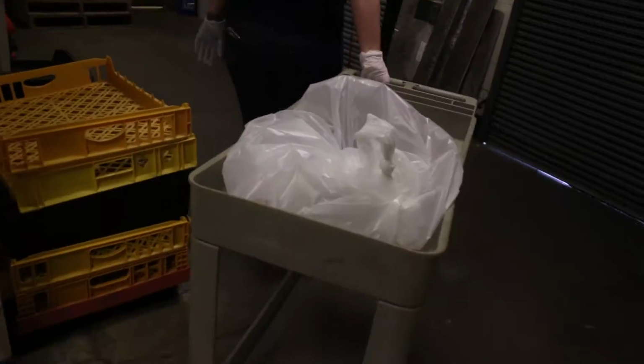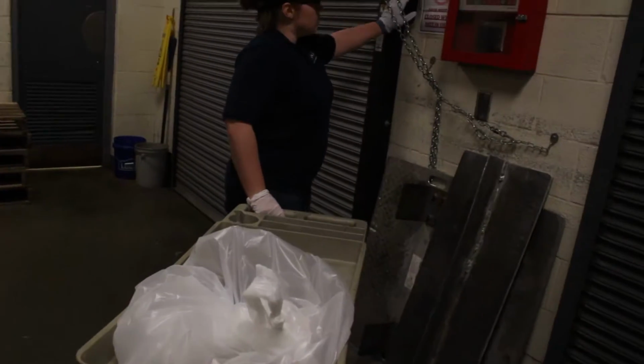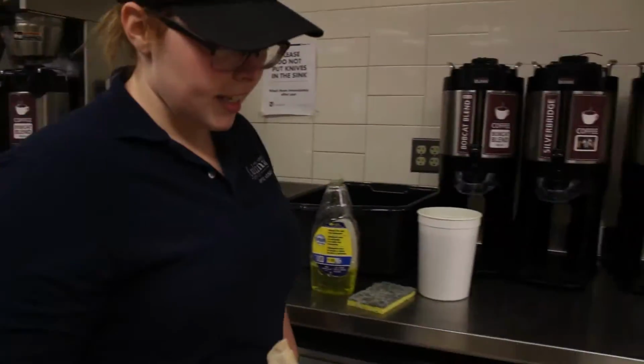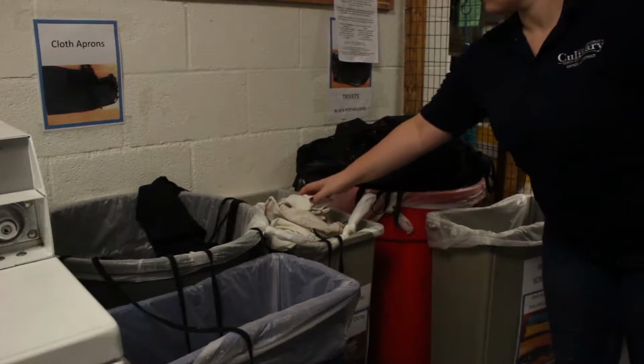Take all of the trash to the dumpsters at the docks. Use a cart so that any leaks will not go on the floor. Replace the trash bags. Take any dirty laundry to the laundry room and put it in the correct container. Make sure to check out with a student leader when you are